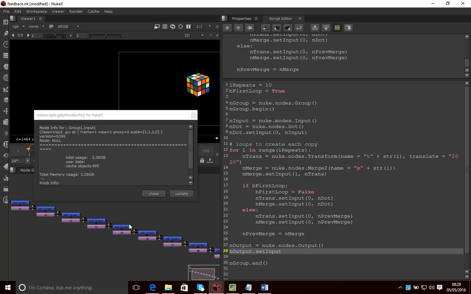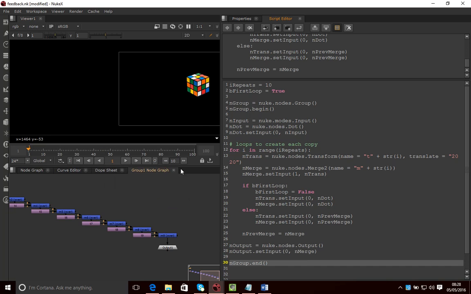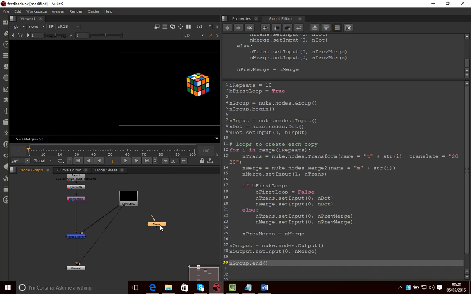So if I just scroll down here, you'll see that the input into this output here is the last merge node we created, which is called nmerge. Okay, so I'm just going to go 0 nmerge. So hopefully that will now, if I close that, let's delete that group, and if we run this section of code here,